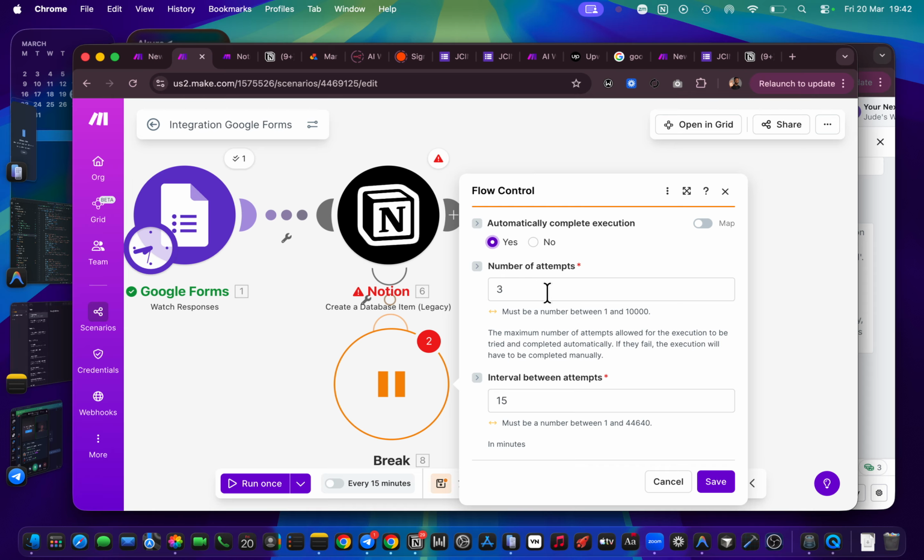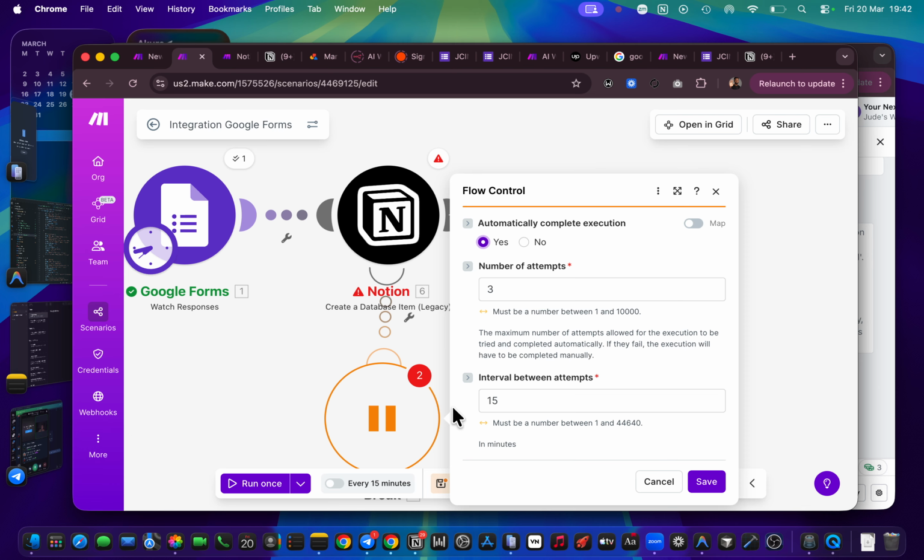Now what this break does, and why I use it and why other experts use it, is so that they'll be able to try it again. Okay, maybe the issue we had was from the server of the company, for example, that we were saying. So let's try 3 more times, maybe it will work.